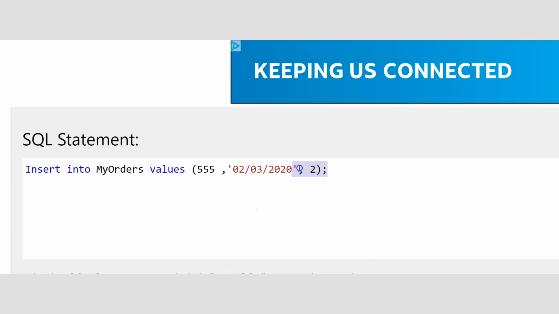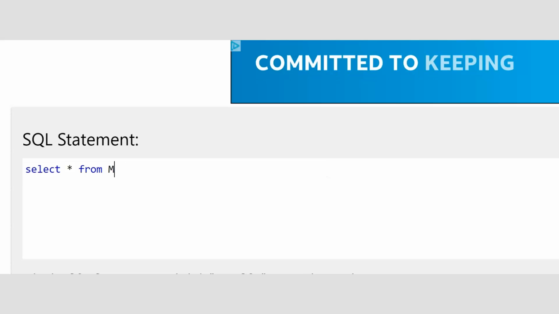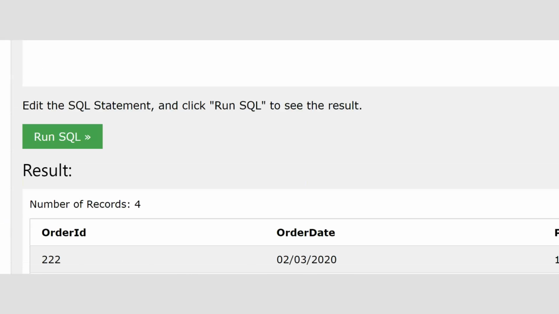And if you want to go ahead and say select everything from my orders, no space, of course, it's going to show me my 4 records that I entered. And here we go. The first 2 orders were purchased by the first person in the table, and the last 2 orders were purchased by the second person. We don't have anything with the third person yet, but it has to exist in the person table before we could